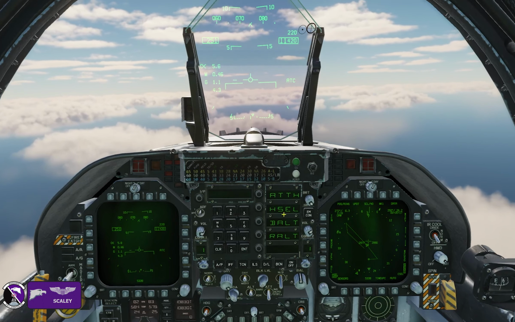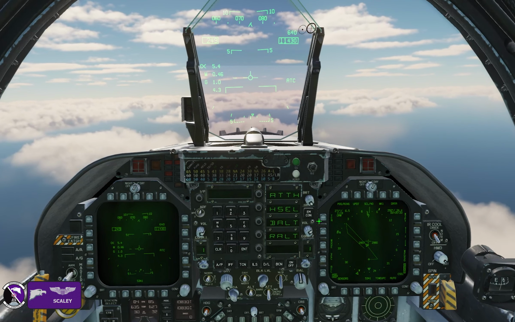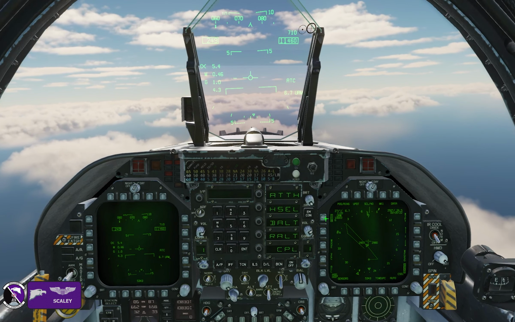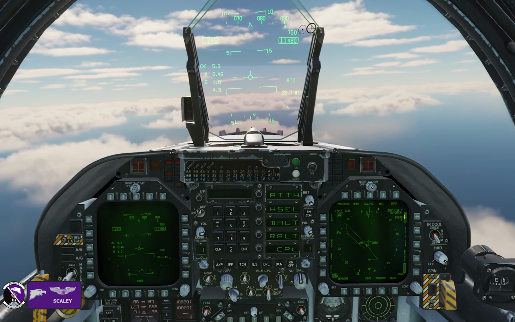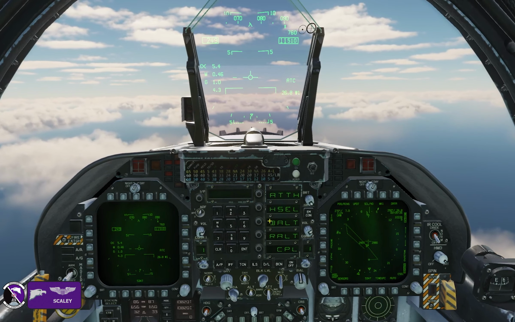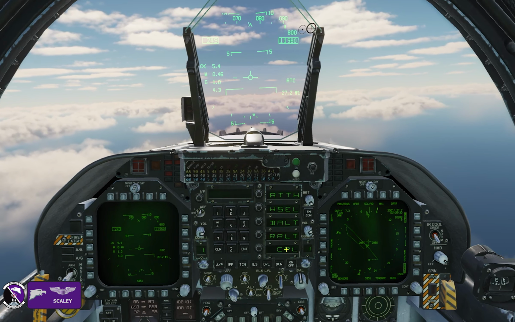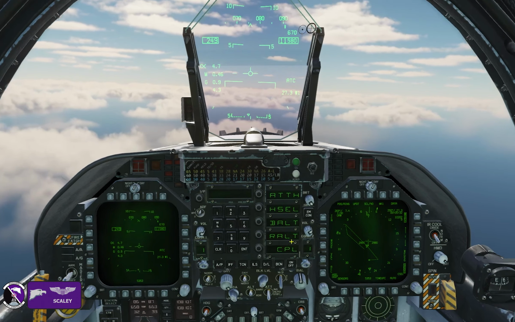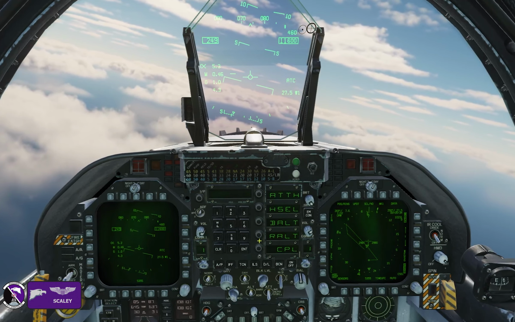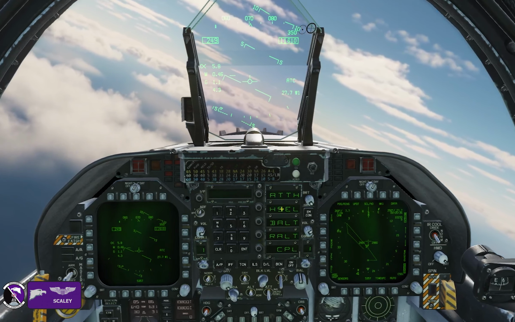The other modes that we've got are obviously heading select and coupled. Now, for coupled to show up, we need to actually bring a steering source in, either TACAN or waypoint. And heading select and coupled are ways of taking over the roll control of the aircraft. So obviously, if you've got